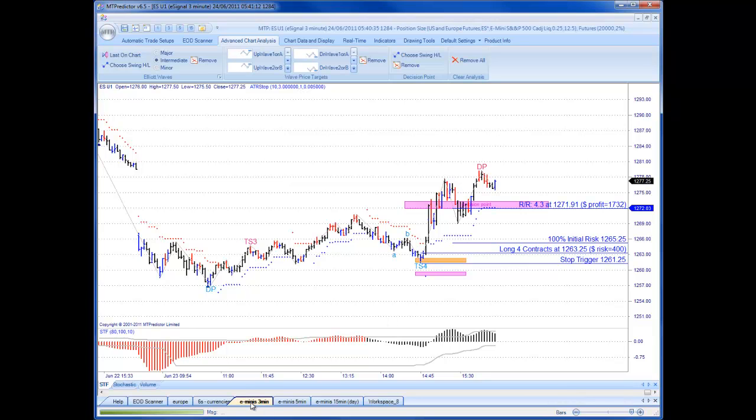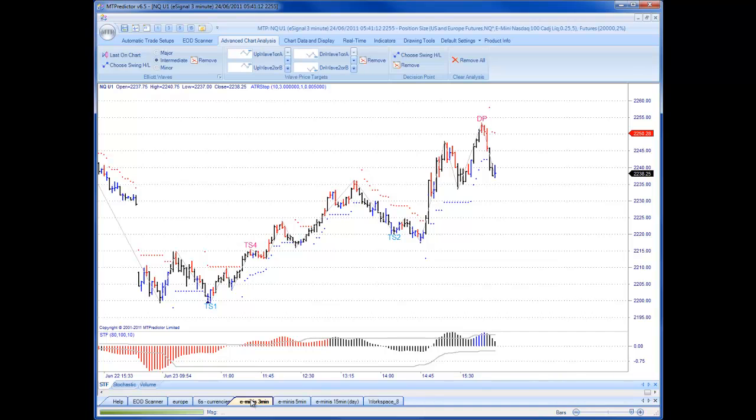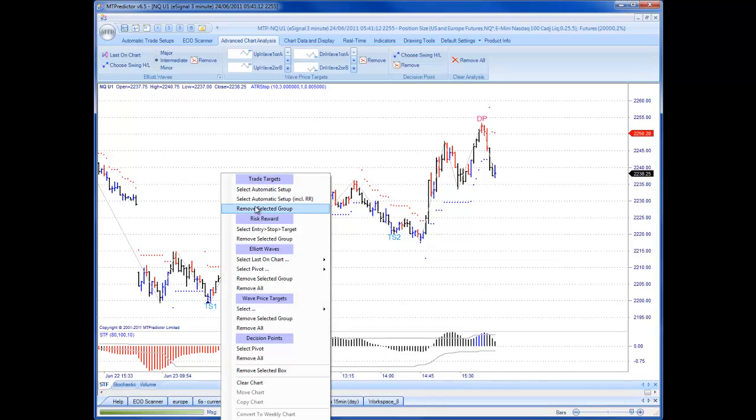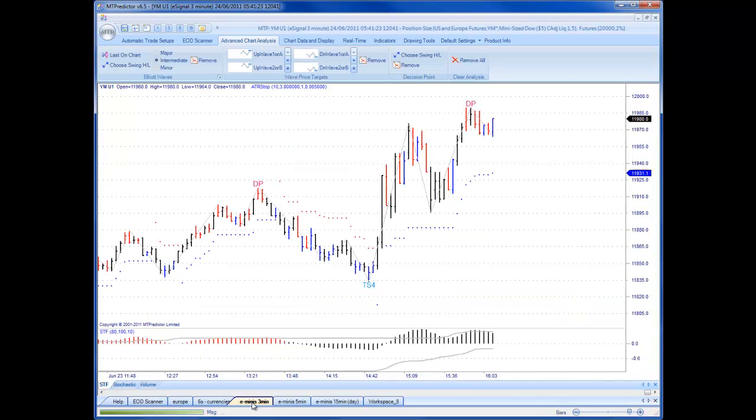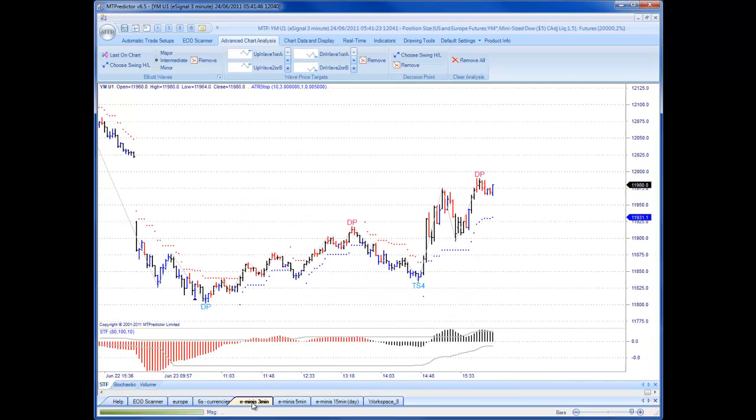Let's have a look at the NQ. We won't particularly look at it, even though for an advanced trade setup I did like the look of this TS1 buy into the typical wave 3 WPT for a Holy Grail setup, but that's something I might look at in today's advanced training webinar for customers only. But for everybody else, let's go back and look at the YM, because you remember the YM was also at